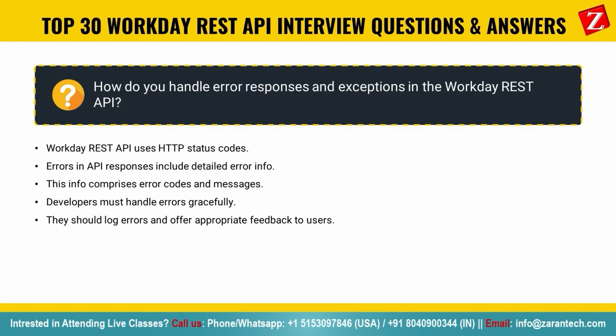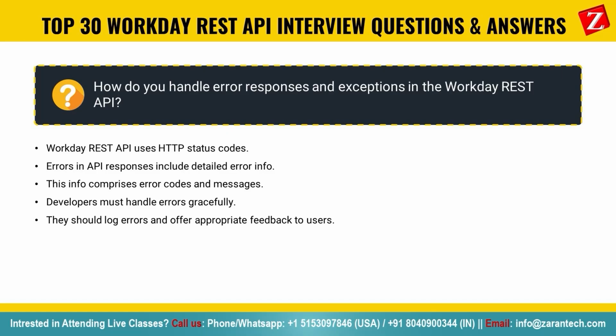Firstly, it's important to note that the Workday REST API utilizes HTTP status codes to communicate the outcome of API requests. These status codes give developers insights into whether a request was successful or encountered an error. For instance, a status code in the 200 range typically indicates success, while a code in the 400 or 500